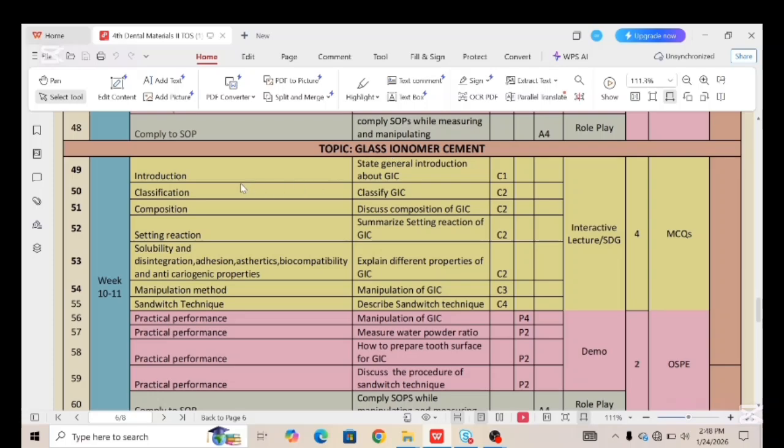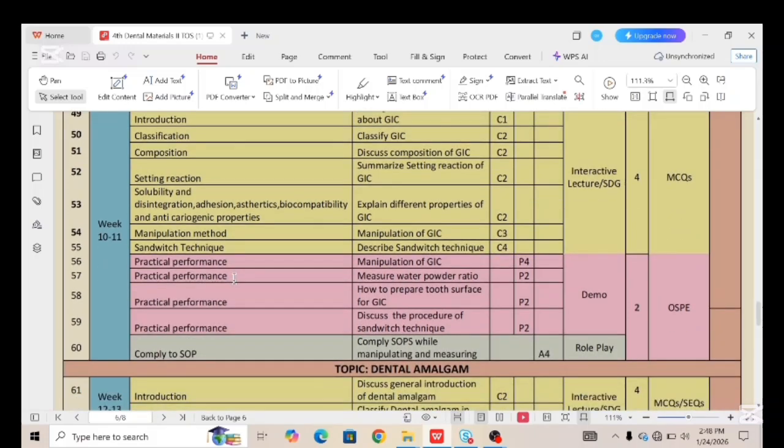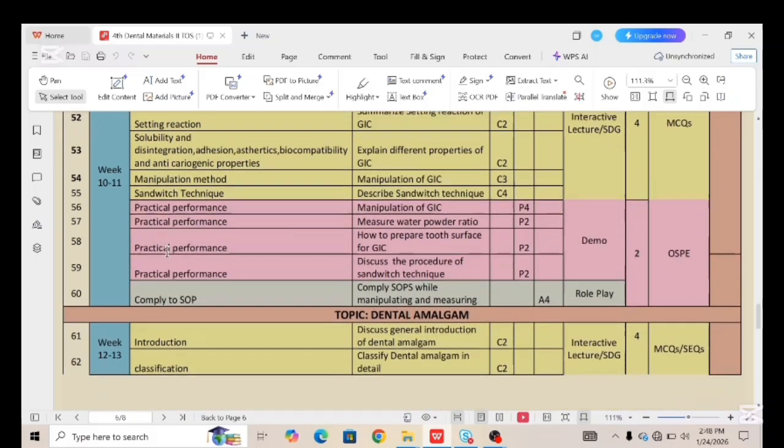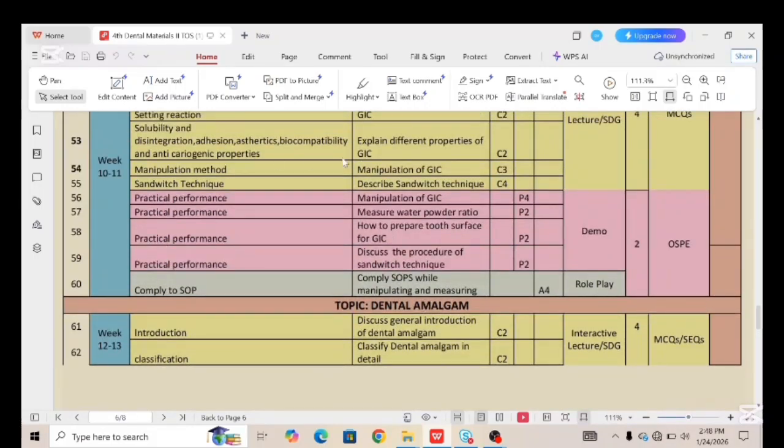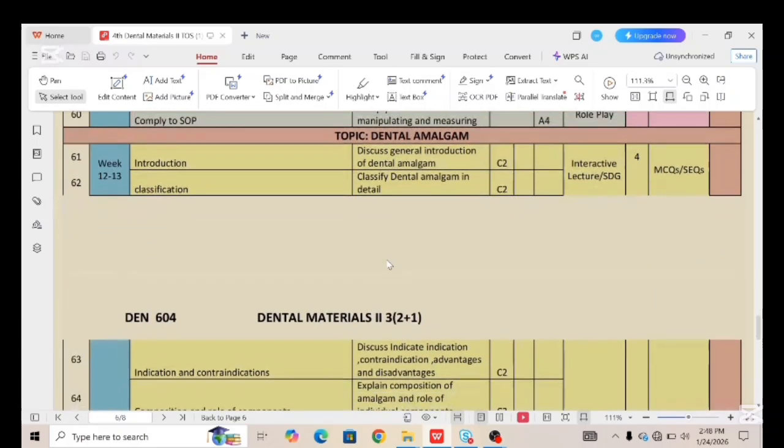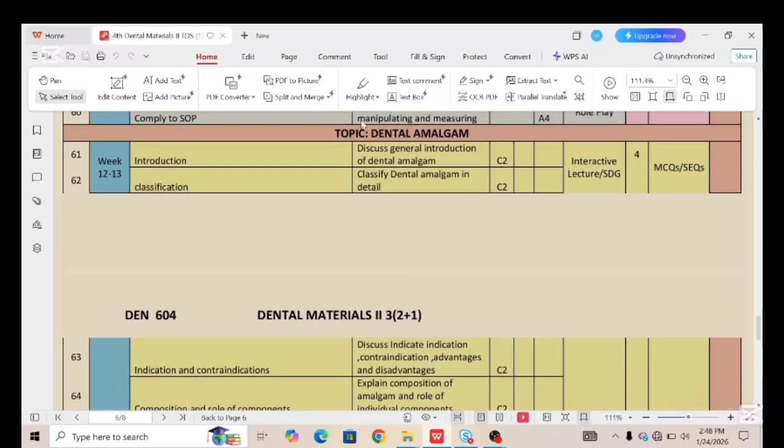give introduction, classification, composition, setting, reaction, solubility, and disintegration, adhesion, aesthetic, biocompatibility, and anti-carcinogenic properties, manipulation method, and the sandwich technique. Practical is manipulation of GIC, measure water to powder ratio, how to prepare tooth surface for GIC, discuss the procedure of sandwich technique. Then we have week number 12 to 13 work, which is dental amalgam, in which we will